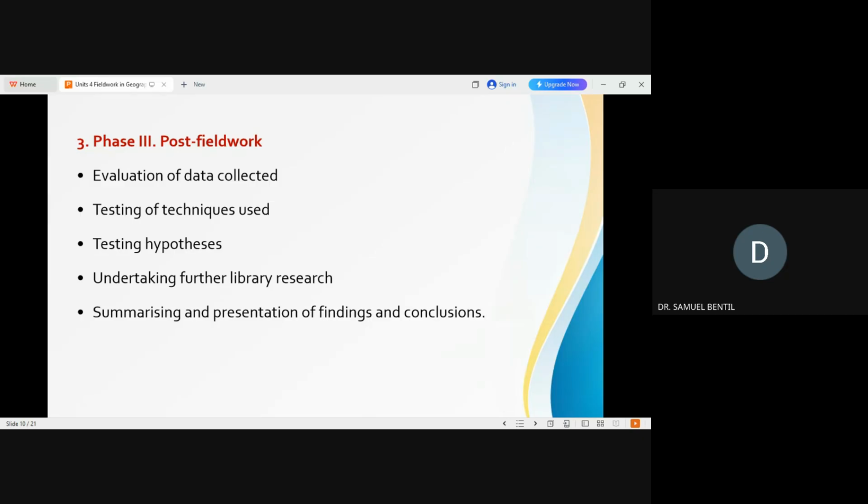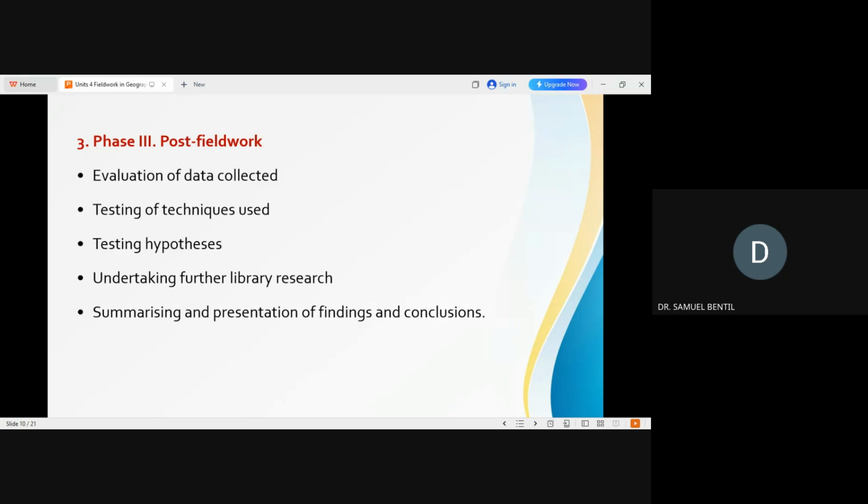And when you evaluate the data, the techniques that you use must also be tested. Once you test the hypothesis, based on the hypothesis, you can decide to make a determination. Now, you can also do further library research about the data you have gotten, the analysis you have done, and maybe some further research to back some of the findings,